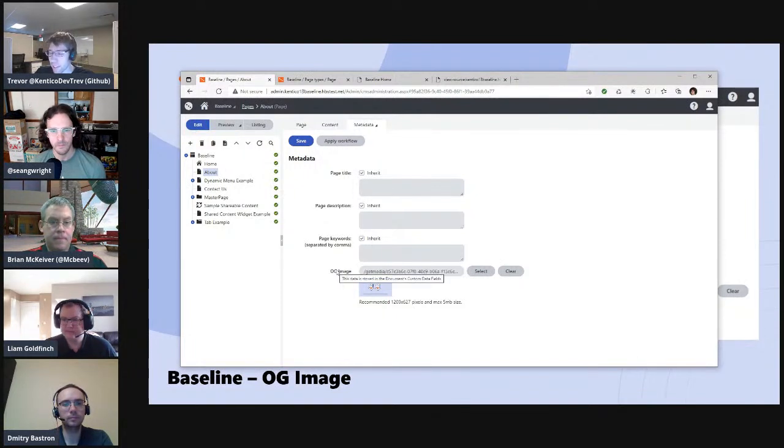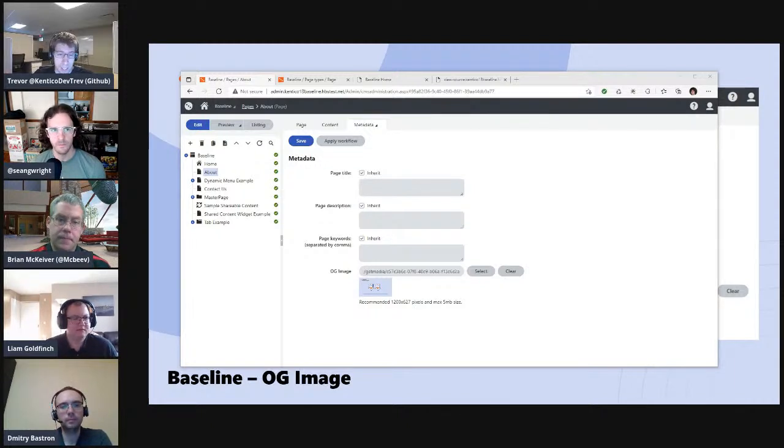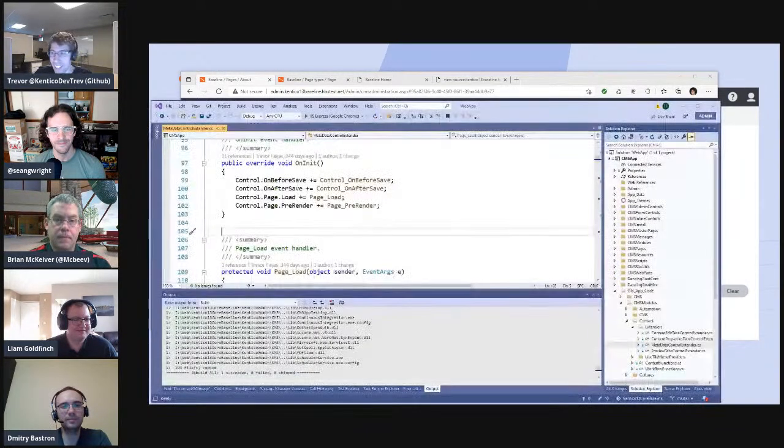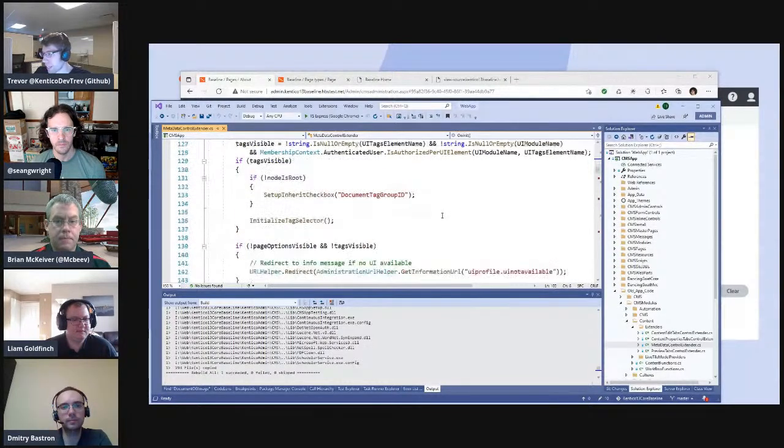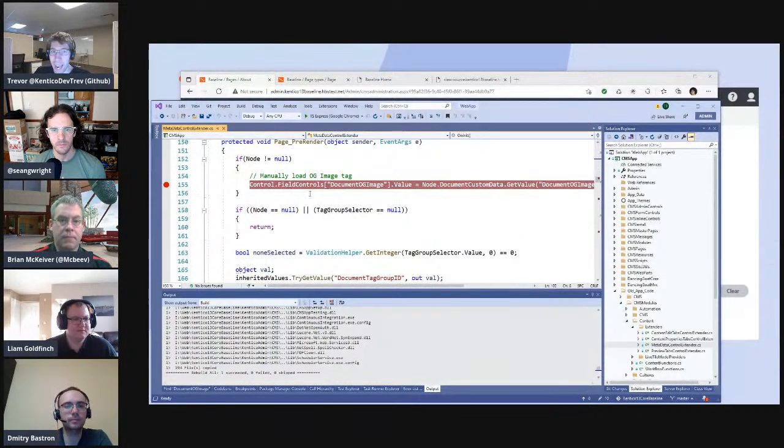So what I did, and there are 2 ways of doing this, is I added an OG image that is based on the custom data field. Now you can do what Sean has, where you have a base page type, and then you add an image without page representation, set the image there, and use that. I wanted it on this screen because it's in one spot. So what I actually ended up doing is modifying the metadata controller.cs file. This is what actually does the metadata page, and I added to the